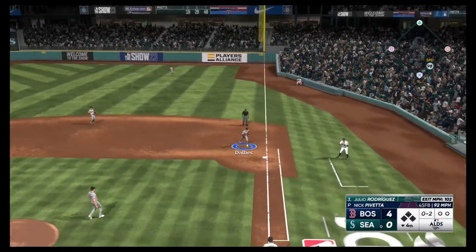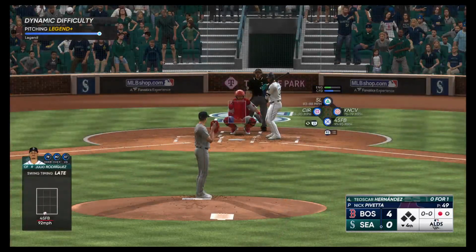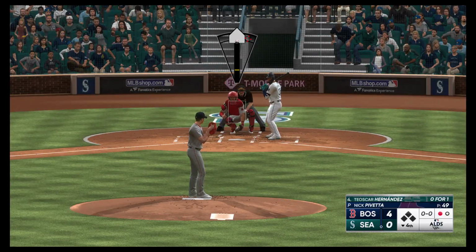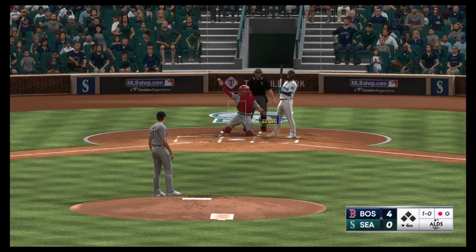Hard on the ground to first. He takes it on his own, and a quick out, number 1. Well, he's doing a nice job of keeping the ball out of the air, lets the defense work behind him with another ground ball. Good execution. Hernandez takes a ball as he stands in for the